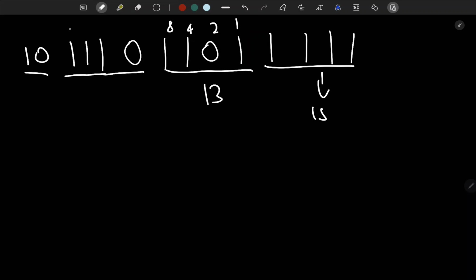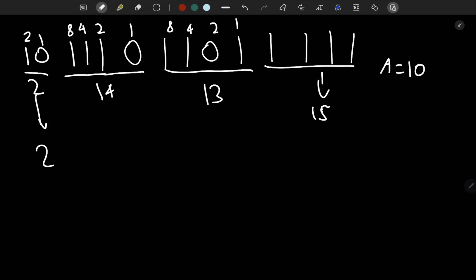Yes, and this is 8 plus 4 plus 2 plus 1, not 1. This will be 14. And did I make a mistake here? No, it's fine. And this will be just 2. So 2 is just 2. 14, so it's always best to